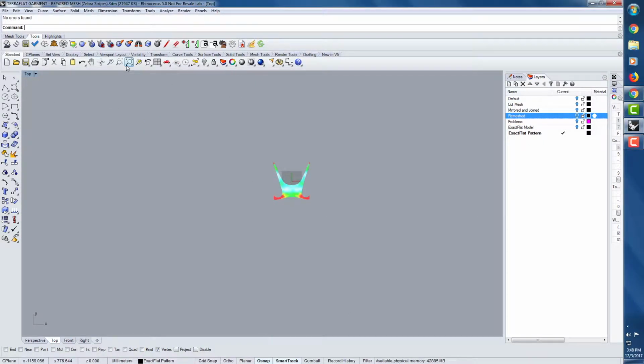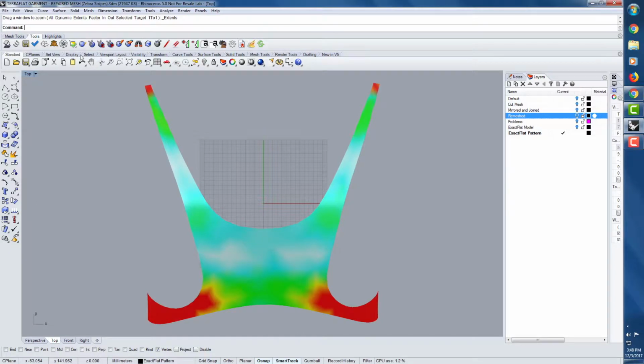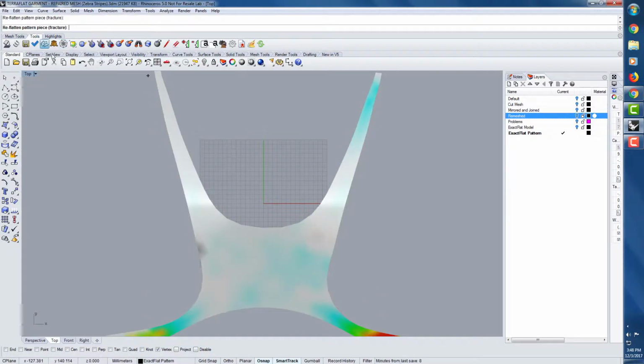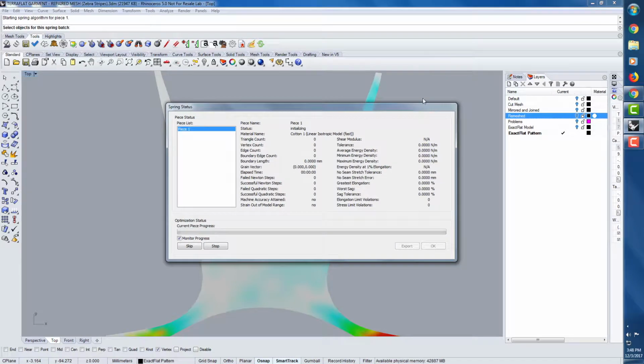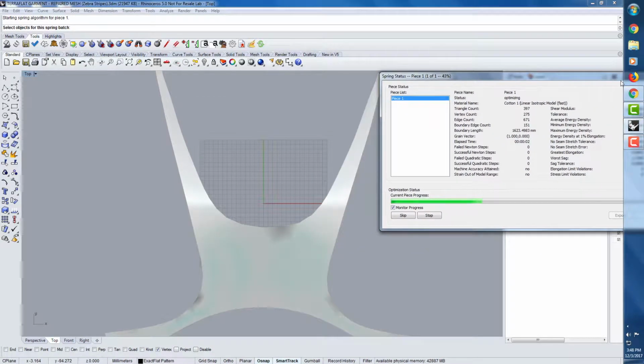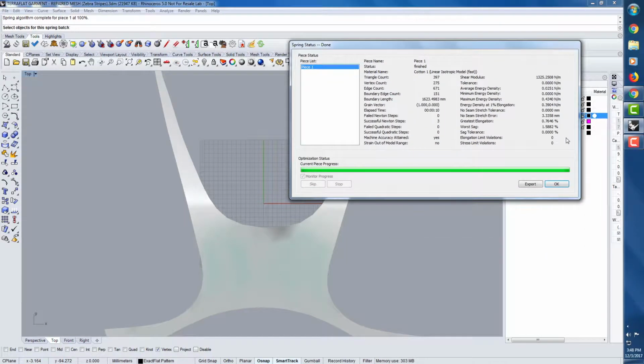So here we have our flat pattern, hasn't been sprung yet, so the next thing I'll do is I'll just fracture it and do a spring. At this point I'm using a cotton material for my springing algorithm, so it's quite fast. And go through. Alright, so we're done our flattening,